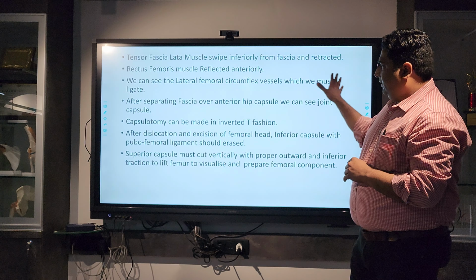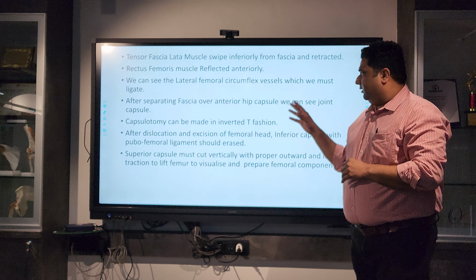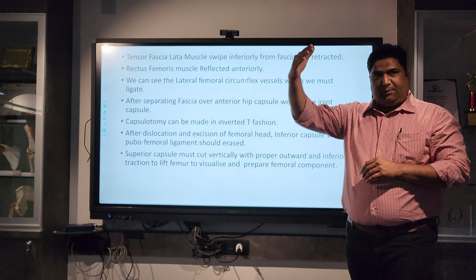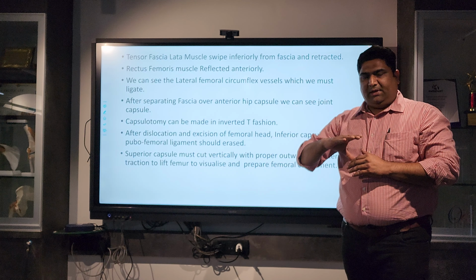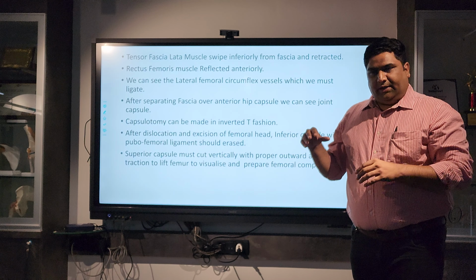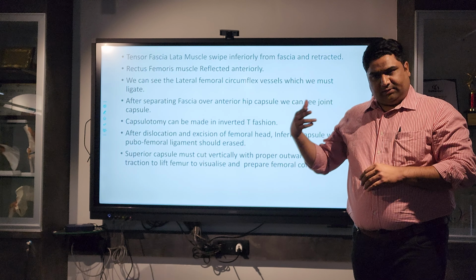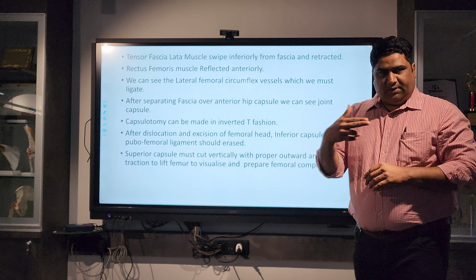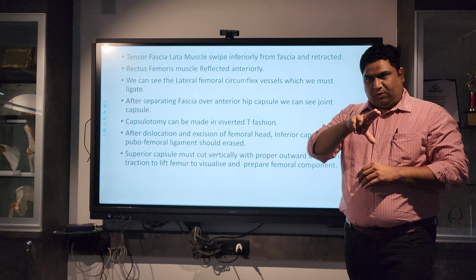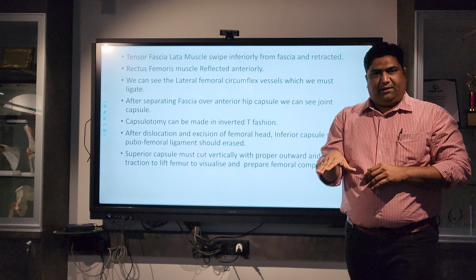Once you find this TFL, you just palpate and you will see a bluish area. When the superior belly ends and the TFL belly starts, there is a bluish area which is your landmark. You put an incision, sliding with the scissor, and you can slide the whole TFL muscle inferiorly.